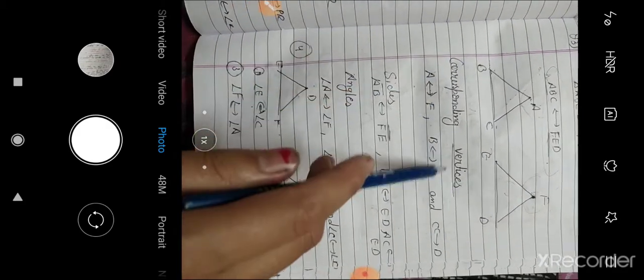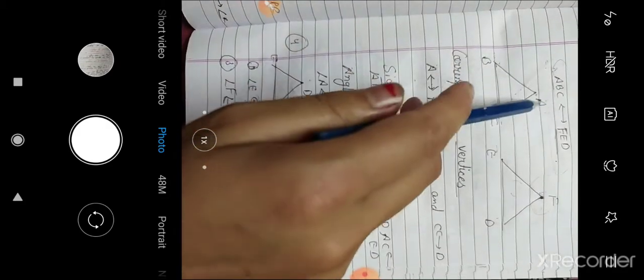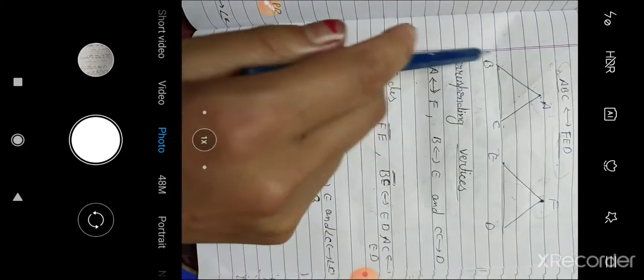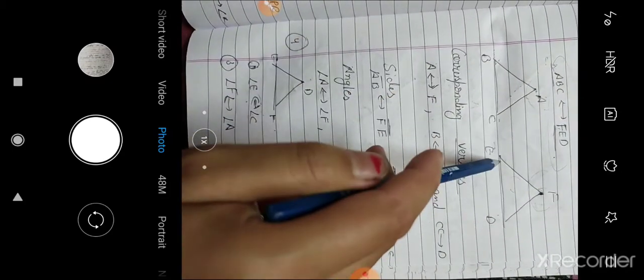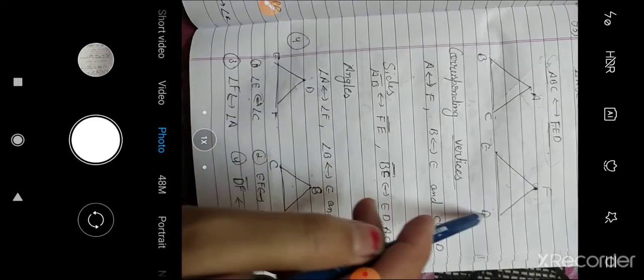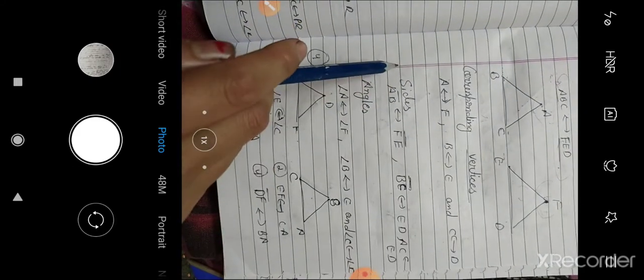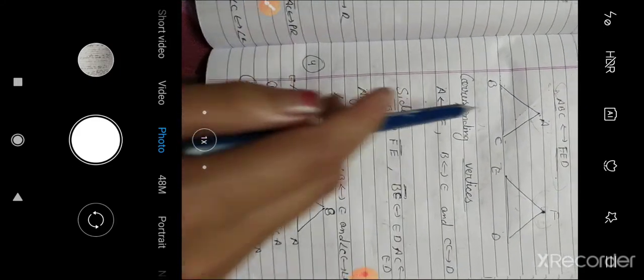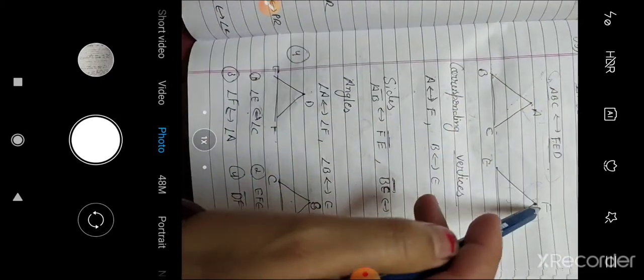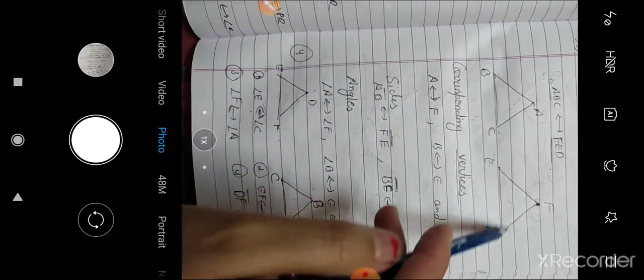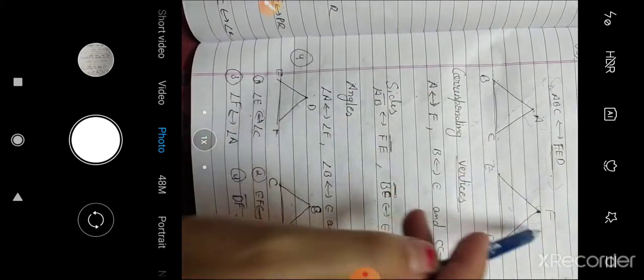Now corresponding vertices are: vertex A corresponds to vertex F, vertex B corresponds to vertex E, and vertex C corresponds to vertex D. In the same way, corresponding sides are: side AB corresponds to FE, side BC corresponds to ED, and side AC corresponds to